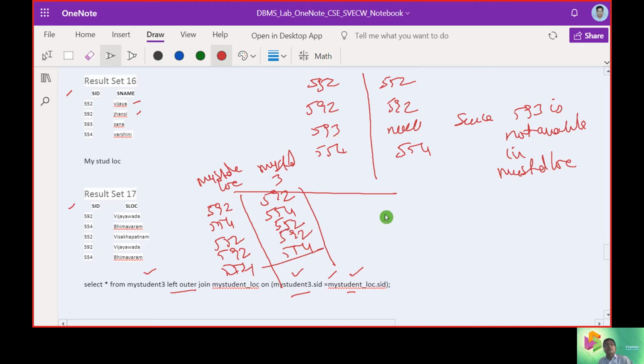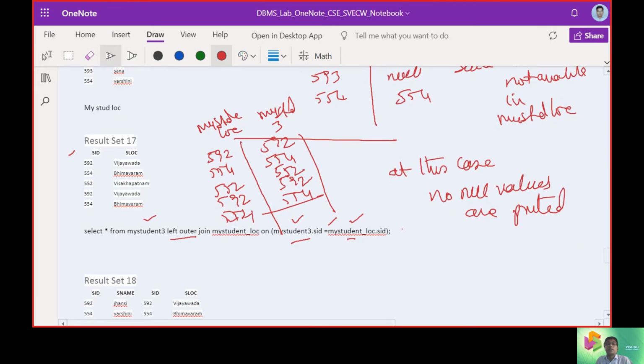Now we don't have any other values, so in this case no null values are printed, since the tuples are matched in both cases. Okay, done.